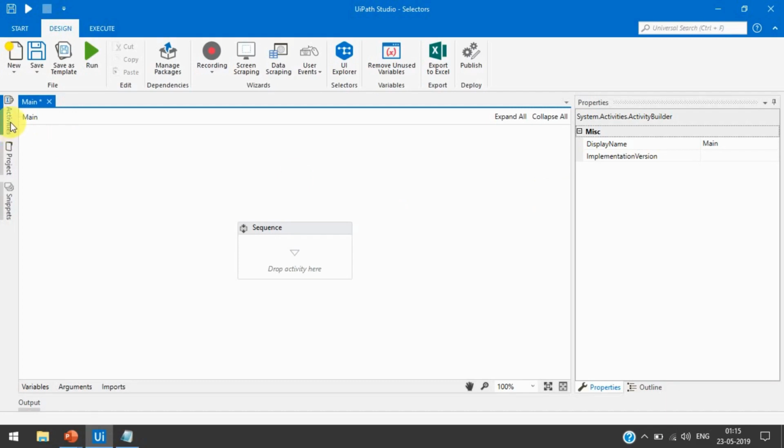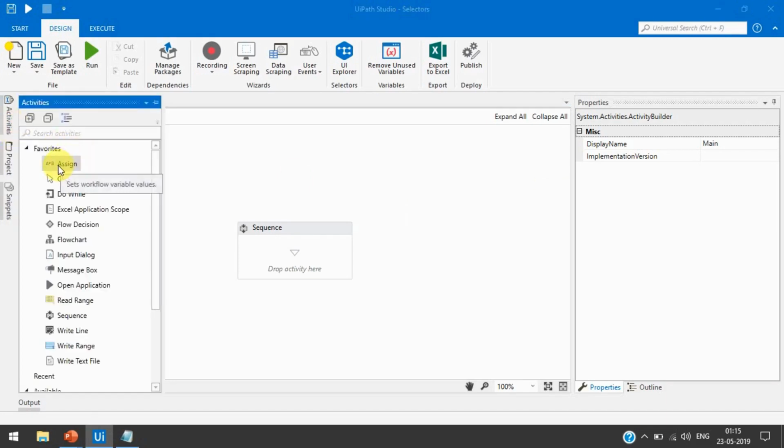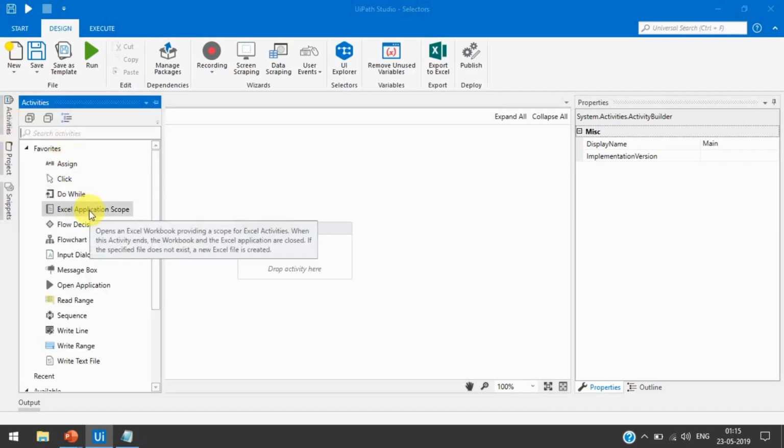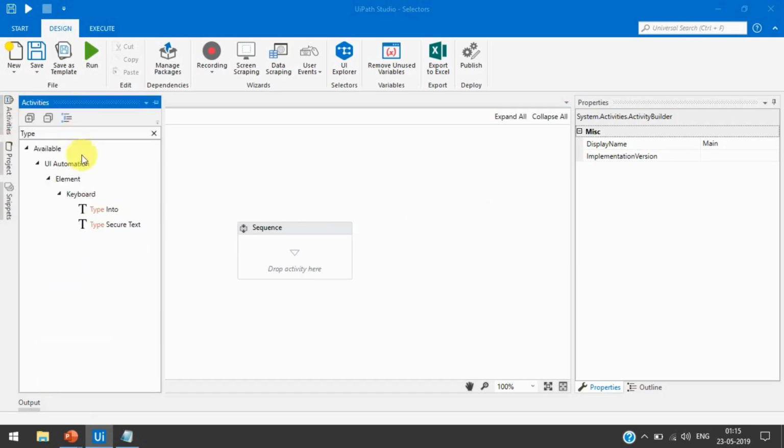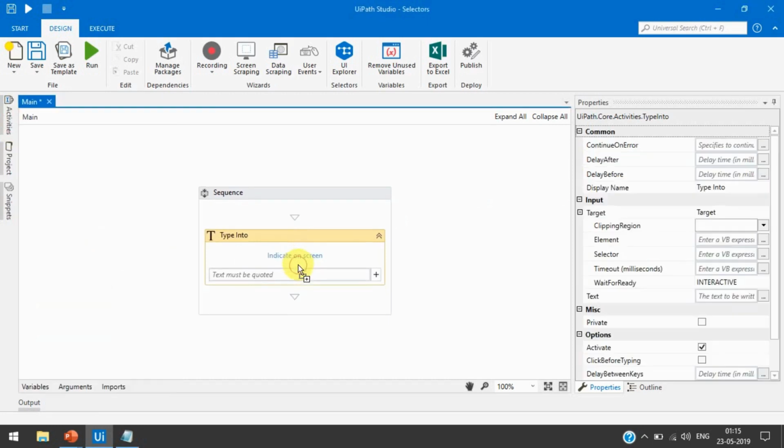Here I am going to take one type into activity, and I am just going to indicate on Notepad.